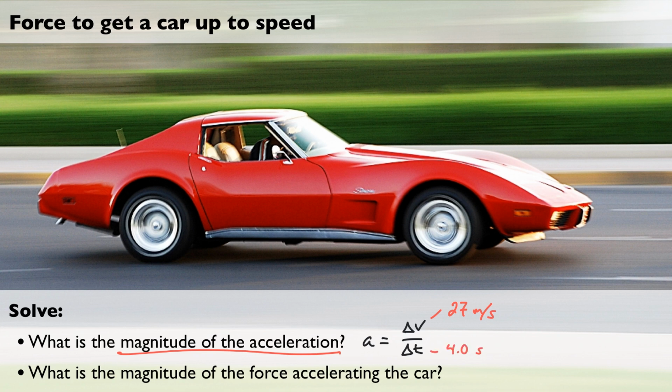So that gives us a value for the acceleration of 6.75 meters per second squared. Then we can calculate Fs, the forward force on the car, which is just equal to m times a. I know the mass is 1,500 kilograms, and so I have everything in hand to calculate the force necessary to make the car go forward, and we get